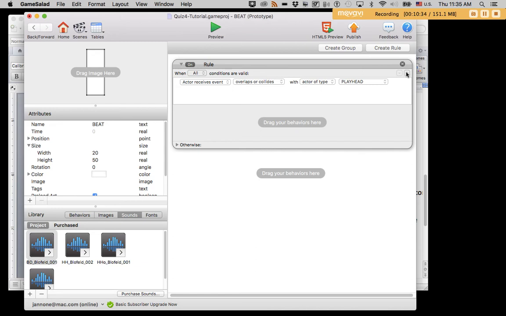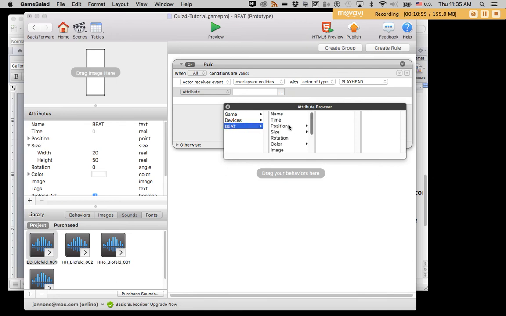So here we can add an additional rule and say when all of these conditions are valid, when the playhead hits it and something else, then we play a particular sound. So since it's based on where the note is on the screen, we'll do it based on an attribute, and that attribute will be the beat's